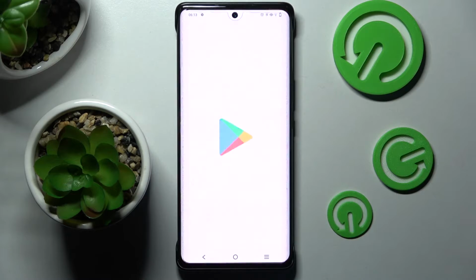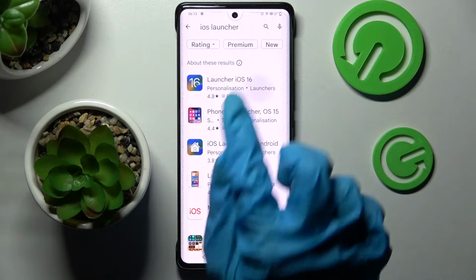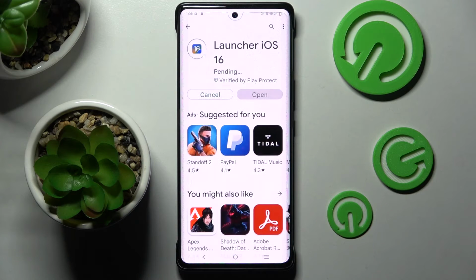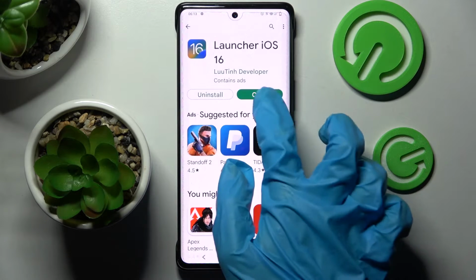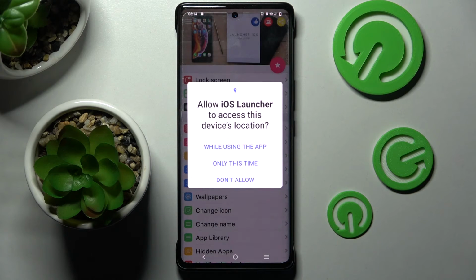Firstly, you need to access Play Store and type in iOS Launcher. Then install this app from this developer and open it. Oh, so sorry, misclick. Now wait for the pop-ups to show, and when they do, select Allow and While Using